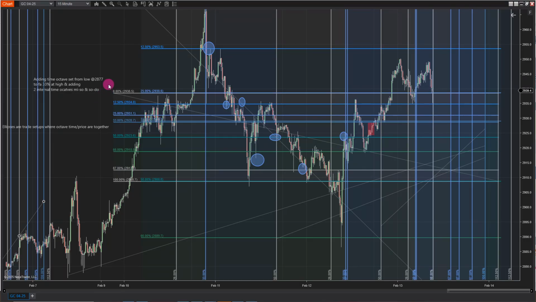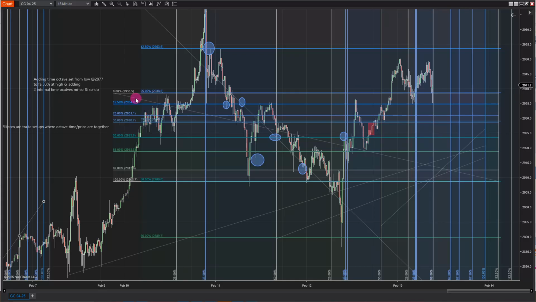So what I did, I set a time active from the last low, which was around the 2877 area, and I set that at the first important swing high. I put the 33% level there because you often get these reversals at that level. So then I'm looking at the,